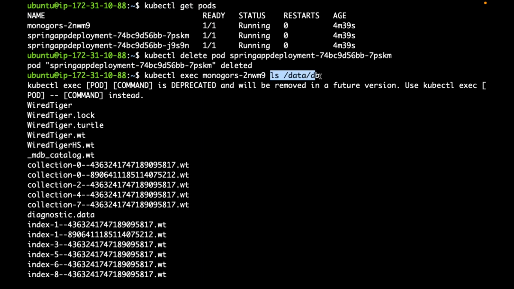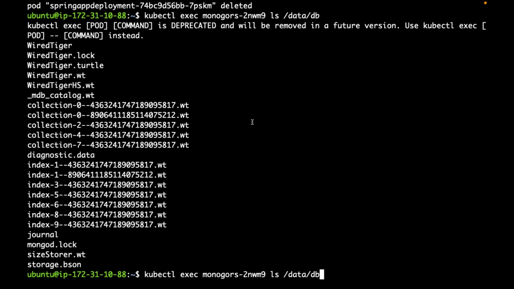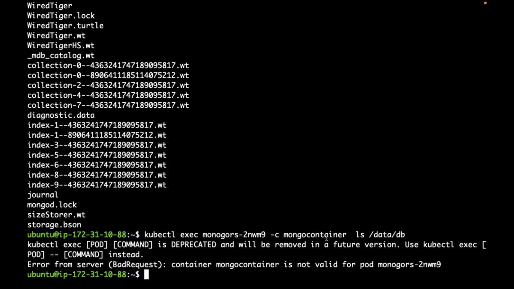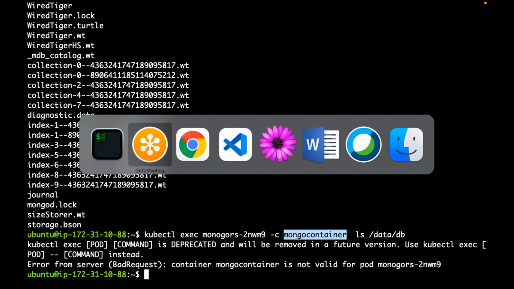So this command will be executed on that container. Suppose I have multiple containers, I can use one option called -c. What does -c stand for here? Container. So I can give something like this, but my container name is not correct.